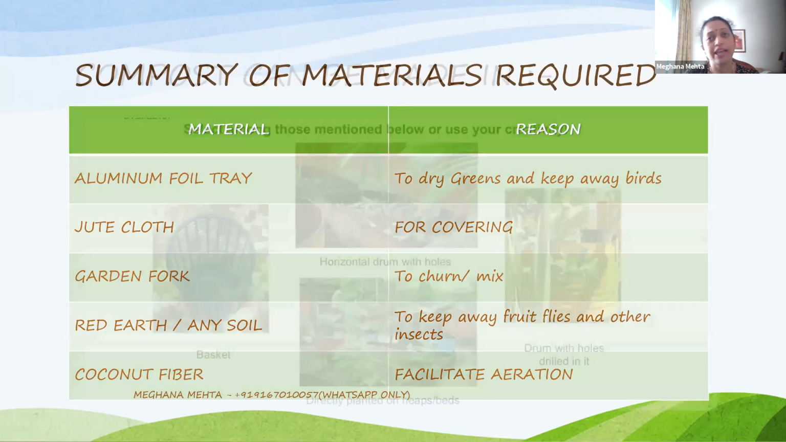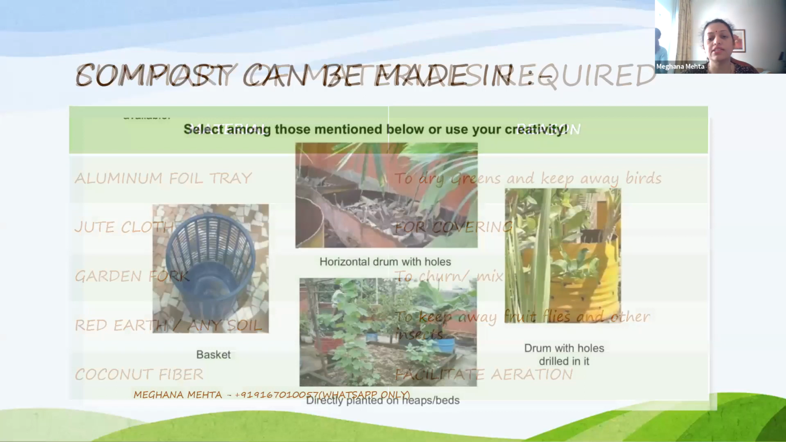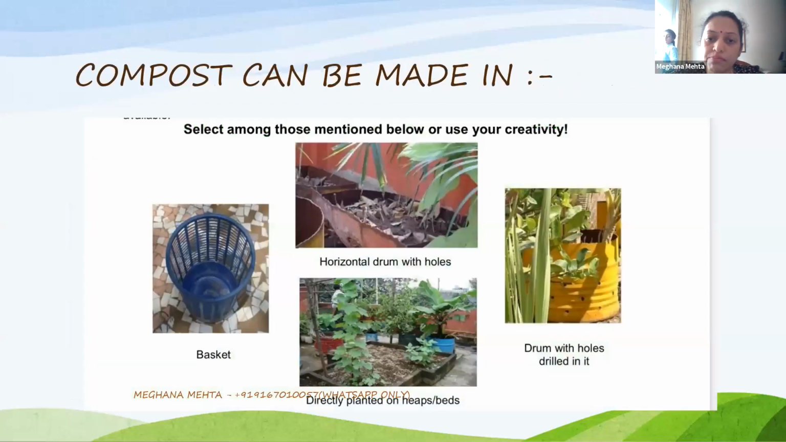As I told you, we don't need to buy anything for gardening. We can just begin in our house. We can see these are the different bins in which we can take a basket like this with so many holes, so that can provide aeration. We can just cover it lightly with a cloth or something